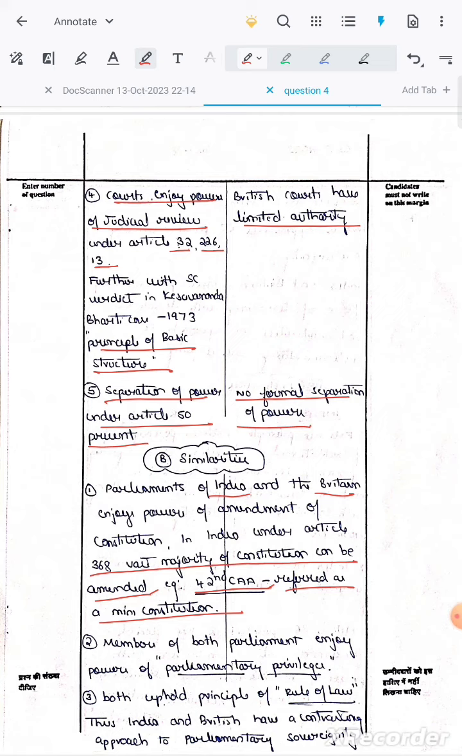The members of parliament enjoy the powers of parliamentary privileges both in India and Britain, and both uphold the principle of rule of law. Thus, in conclusion, we can mention that India and Britain have a contrasting approach